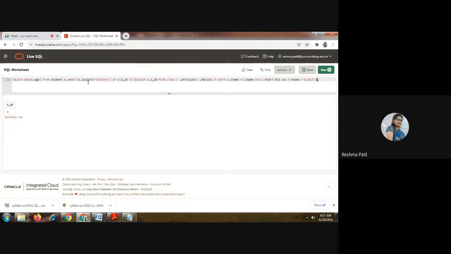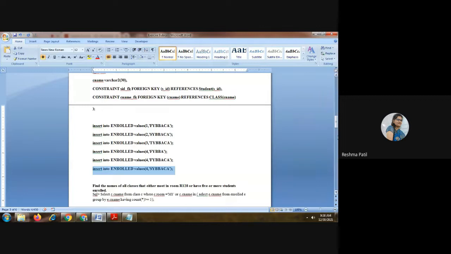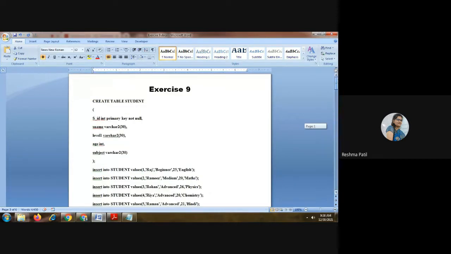If any query is true, it will give some result over there. It will give the age of that student, that 4 roll number student. Here we will get the age of the student. Execute this. Age of that student is 20. You can check.